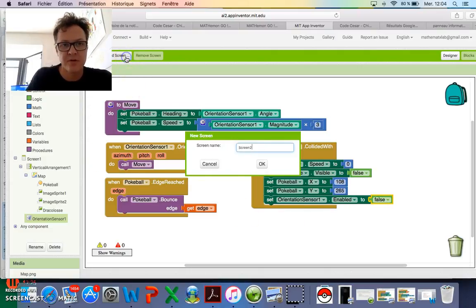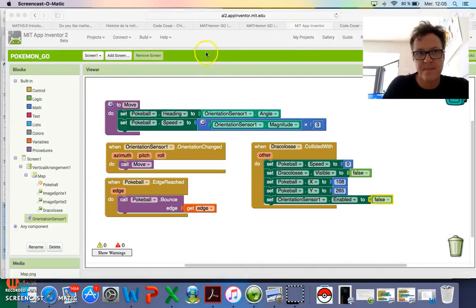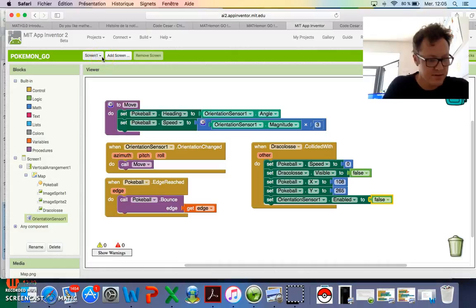So to open a new screen, you must add one, so the screen can be named Draculus. Okay. Normally it should appear, yes.